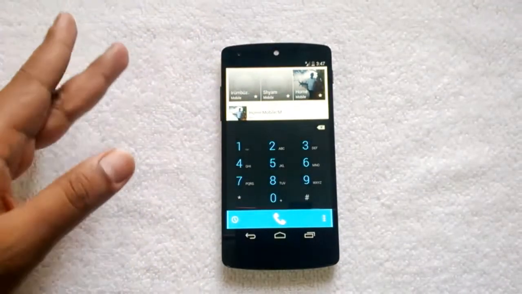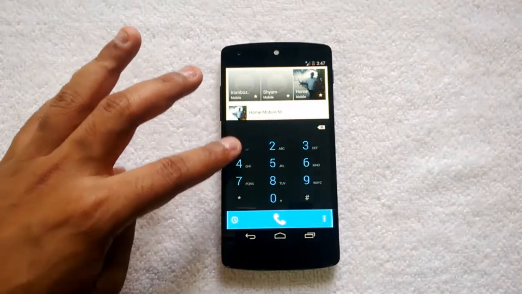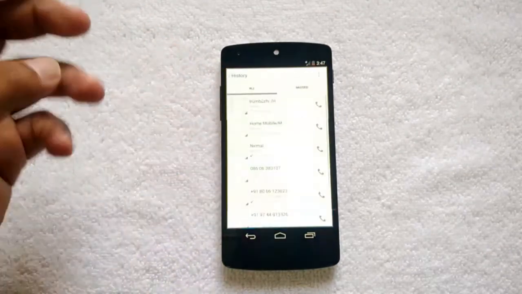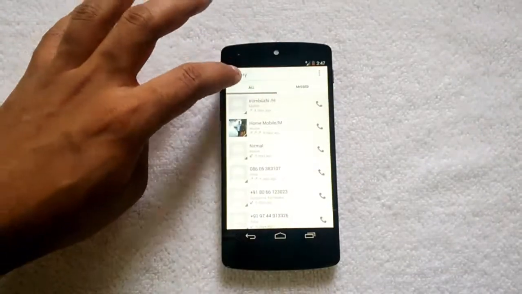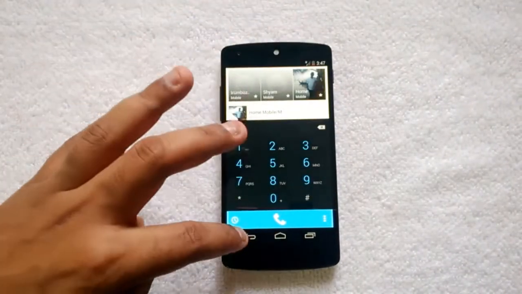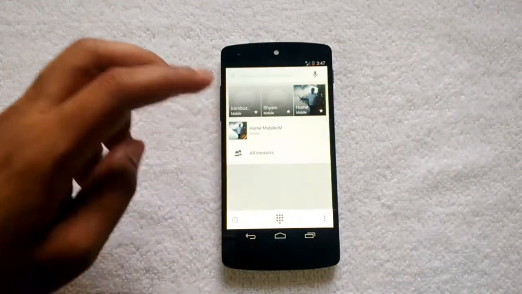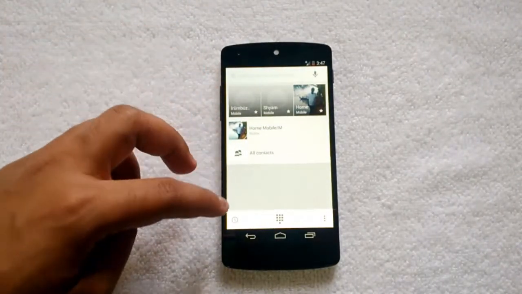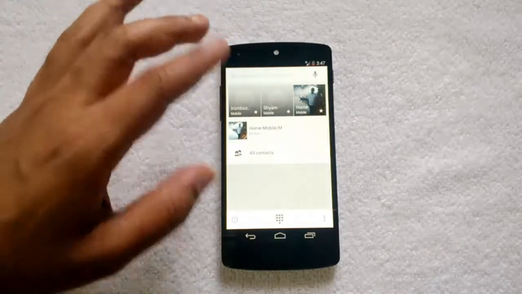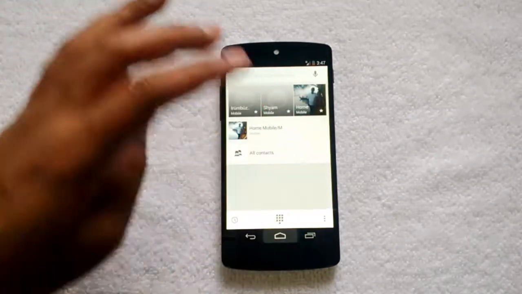You can see the new dialer here. When you click here, you can see the missed calls as well as the call history. It also comes with a default T9 predictive text input for contacts. So here again you can search the history. So that's a change in the dialer.